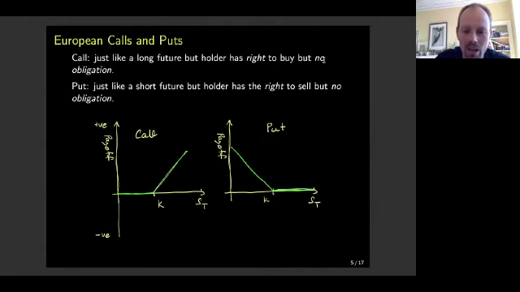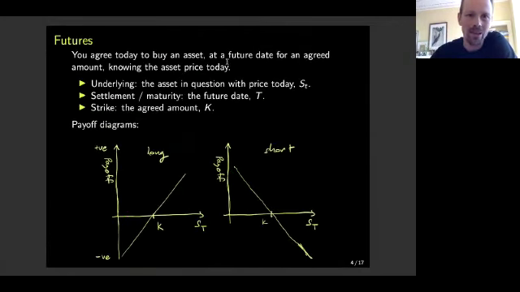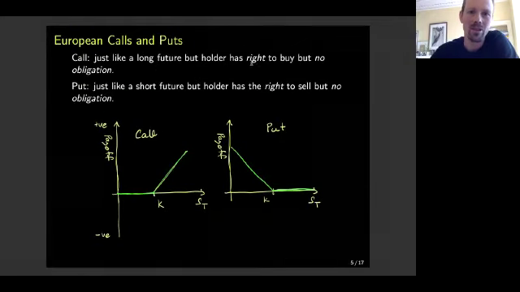So if I have an option to buy Bitcoin at $10,000 in December, and Bitcoin in December is actually trading at $15,000, so I'm somewhere here on this diagram, then I say, great, I've made $5,000. But in the opposite case, if Bitcoin is trading at $5,000, I say, oh well, I've lost the option premium, but at least I didn't lose the remaining $5,000. So that's the difference. For a future, you have to go ahead with the trade. With an option, it's an option, so no obligation, right? But no obligation.